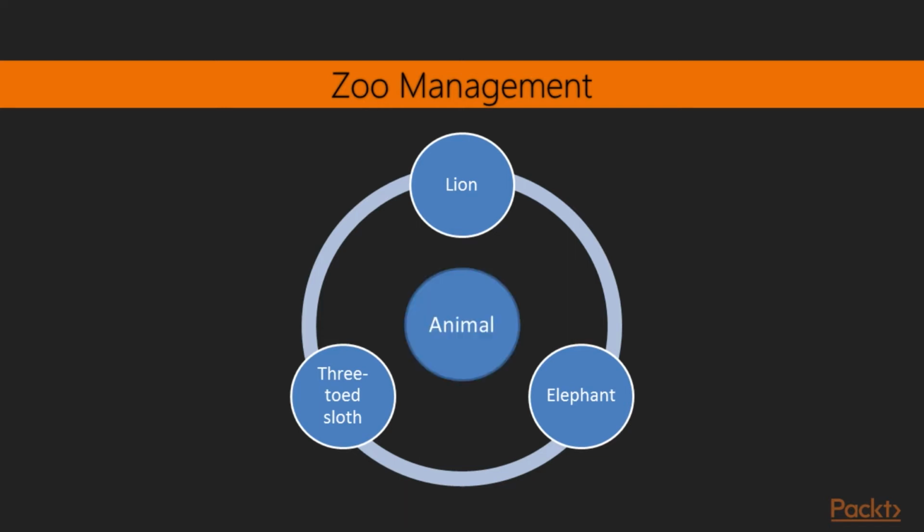With our new knowledge of C++ inheritance, it will make sense to code an animal class and have all the different types of animal inherit from it. If we want to write a function, feed, that we can pass lion, elephant, and three-toed sloth into as a parameter, it might seem like we need to write a feed function for each and every type of animal. However, we can write polymorphic functions with polymorphic return types and arguments.